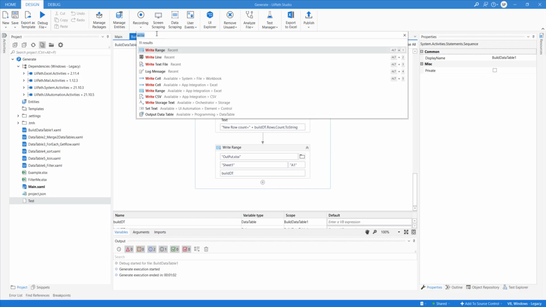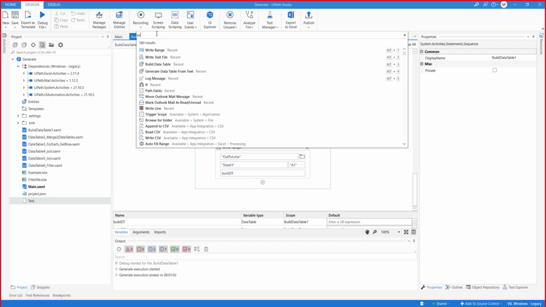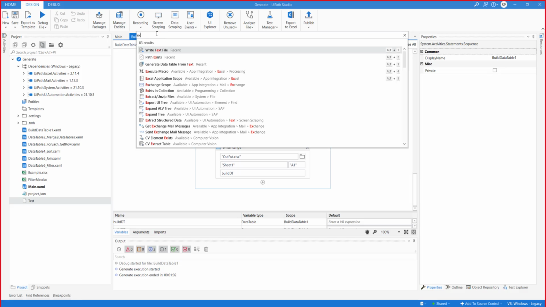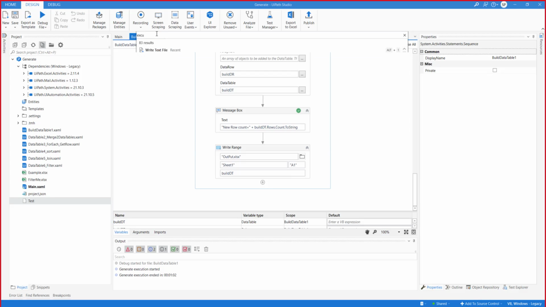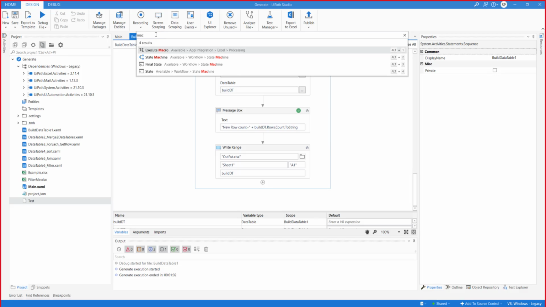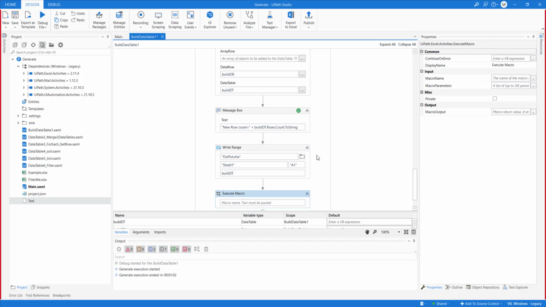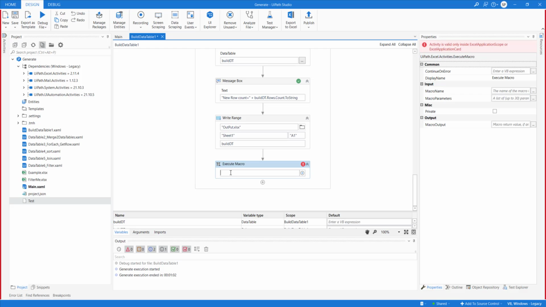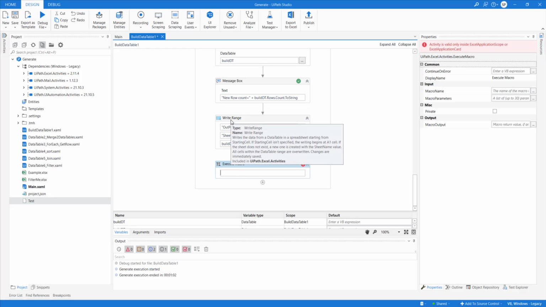Another thing you can do, if you want to perform operations, is execute a macro. You should be able to execute a macro in Excel. I have seen a couple of people doing this, which is why I'm showing you this example.